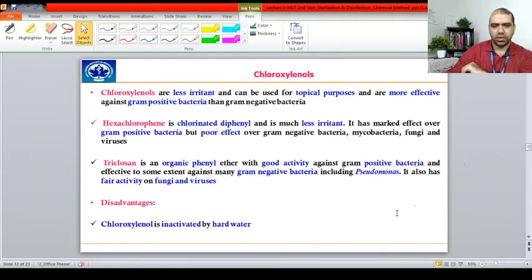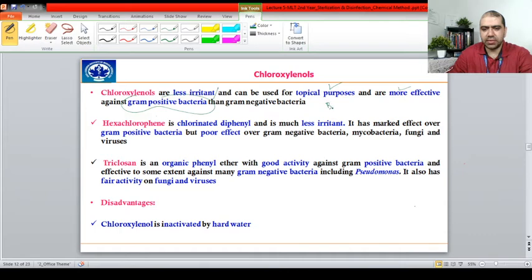Okay, now talking about chloroxylenols, which are another derivative of phenols. Chloroxylenols are less irritant, and they can be used for topical skin creams, and they are more effective against particularly gram-positive bacteria. A few examples of gram-positive bacteria I can give you is your